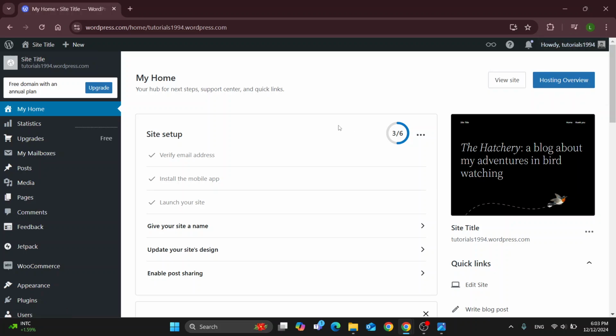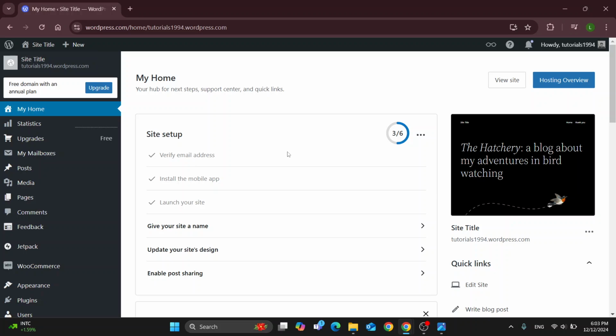And after logging in, you'll be greeted by this home page right here, which is the main page where once opening up your website, you'll be able to access all the site options right here at the left side screen like home, statistics, upgrades, and so on. So let's go ahead and take a look at how to open up our WordPress website in Xampp and manage